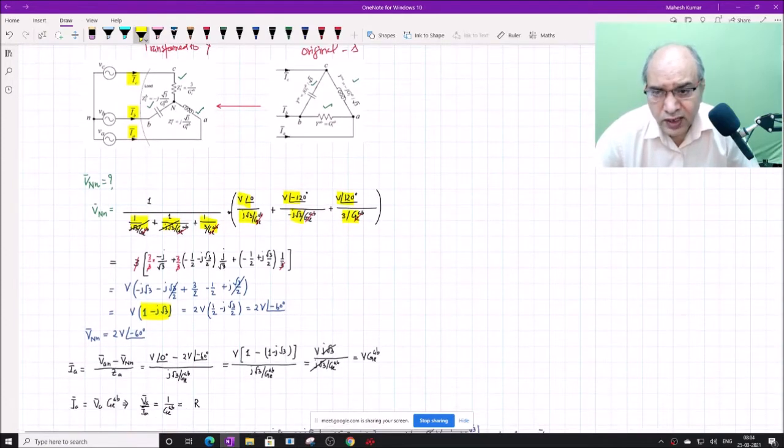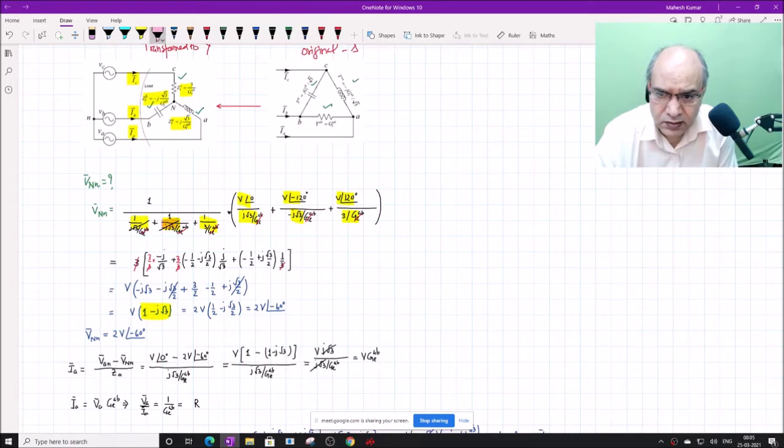Now, as you know, the values of ZA, ZB and ZC are shown here, if you remember. Okay, these are the values. So this is A, this is B, and this is C. Substitute these values here, we will see that this is 1 by j root 3 by GLAB, and this is 1 by minus j. So these two will cancel. ZC was 3 by GLBC, this one.